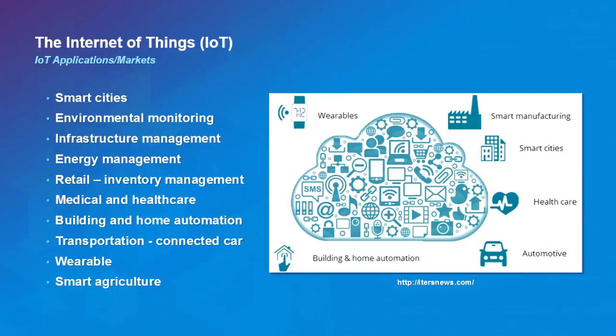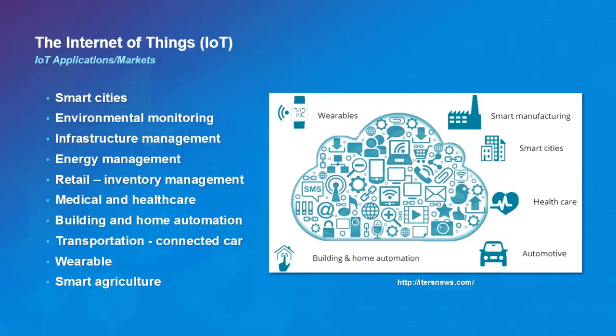In terms of applications, smart cities is the one that a lot of us will be involved with due to the nature of GIS, making cities smarter. Environmental monitoring is an important field as well. So the rest you can see: infrastructure management, energy management, retail, medical, building, home automation, transportation, smart transit, connected car,